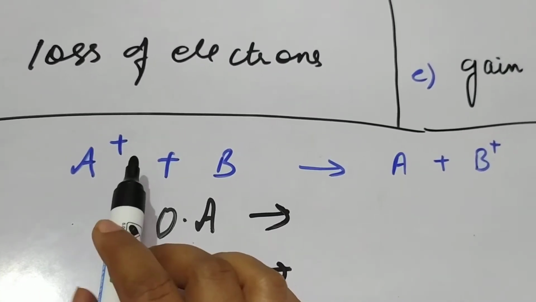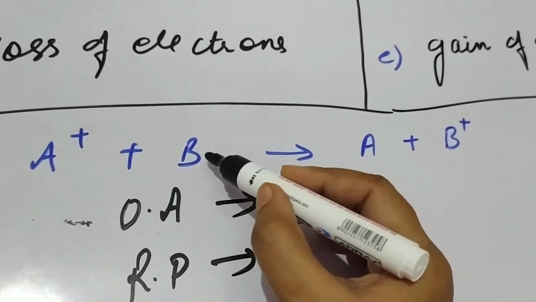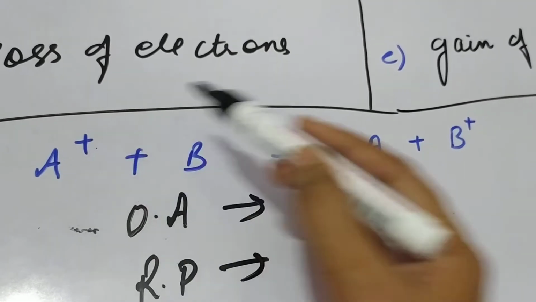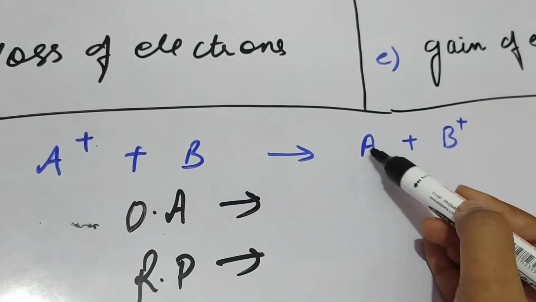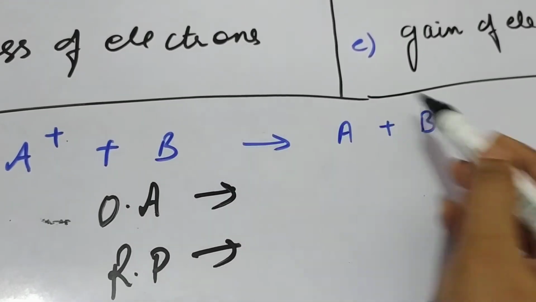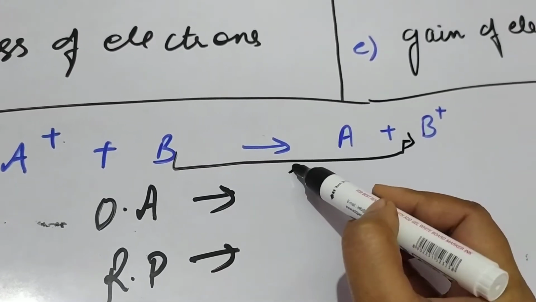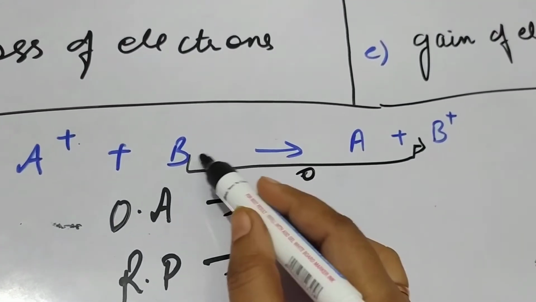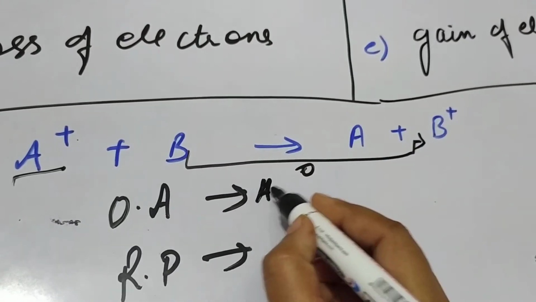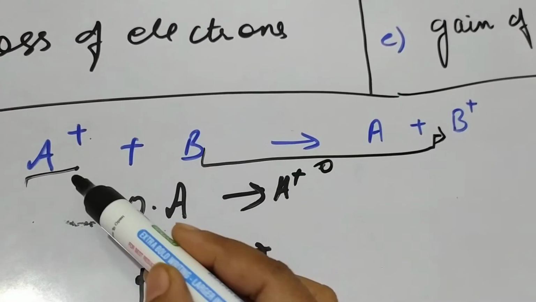First you can identify, oxidation is loss of electron. So here the loss of electron is occurring from B, because if you take A positive, there is a gain of electron, and this will gain 1 electron to form A, and B is losing 1 electron to form B positive. So this is oxidation. B to B positive is oxidation. So this itself does not oxidize, it will oxidize with the help of A positive. So A positive is the oxidizing agent. In this case, the oxidation has been done by A positive.